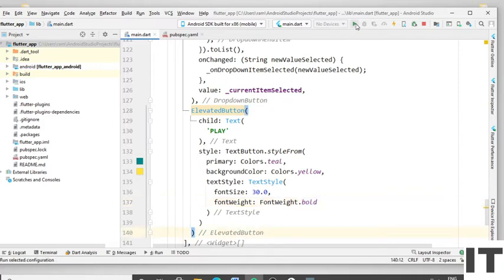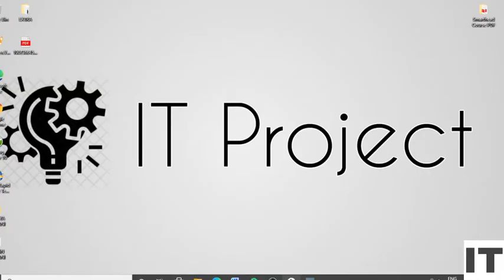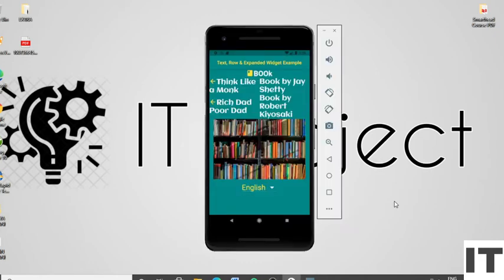Now run the project. You can see the result.